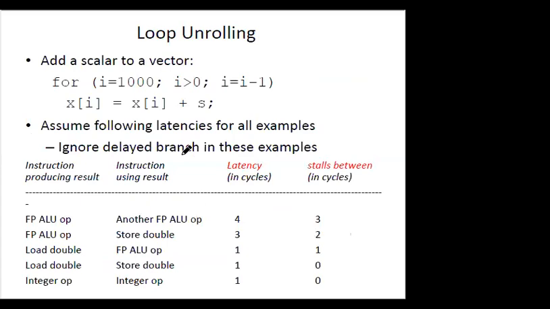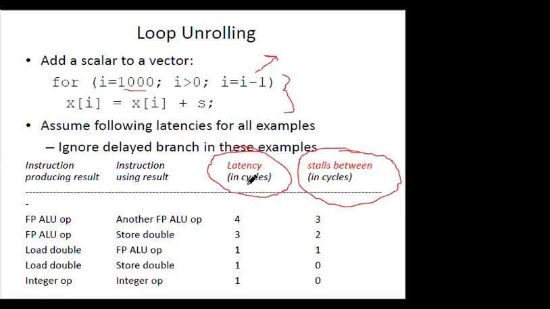So what is loop unrolling? Let us start with loop unrolling. Suppose we have an example program. A for loop is under execution that starts with 1000 and it is a decremented for loop. So every time the value will be updated, and you know how a for loop works. In the following table we have shown which instructions are producing results, what the results produced by the instruction are, and which instructions are using the results. So what is the latency involved in this part, and what are the stalls involved?